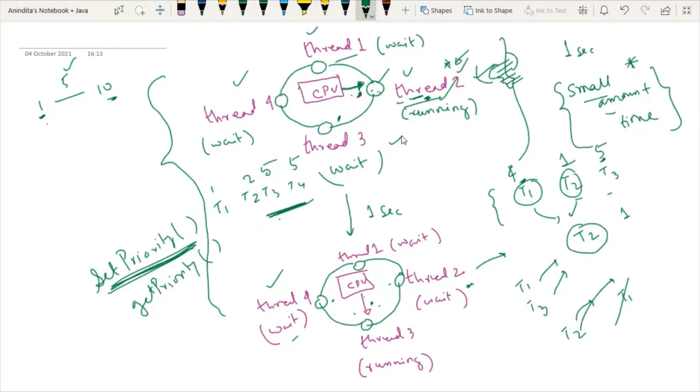And after the completion of the time slice, even if the thread has not finished its execution due to its size, the processor is taken away from it because the time is over, since both have equal priority. So this is all about time slicing. And one more thing you have to keep in mind: in a system that does not use time slicing scheduling, a thread will run to completion before another thread of equal priority would have an opportunity to run.